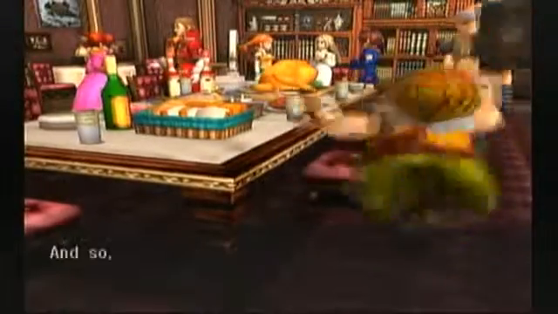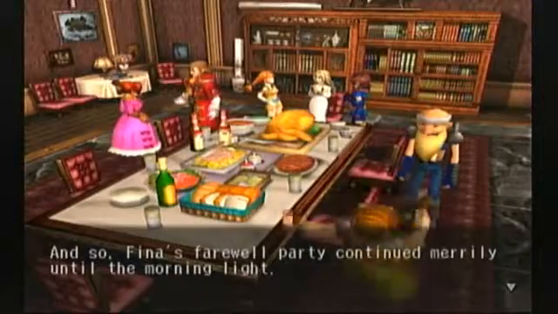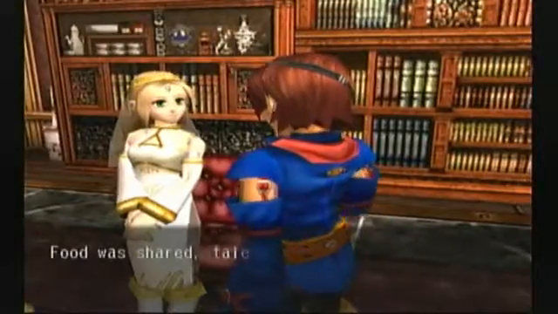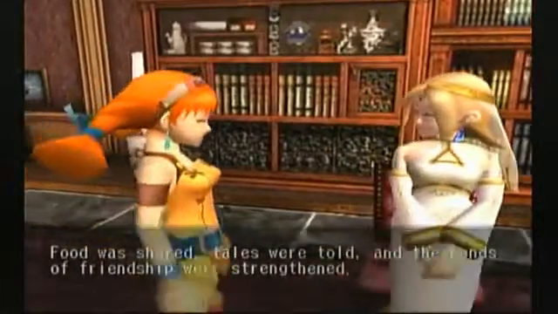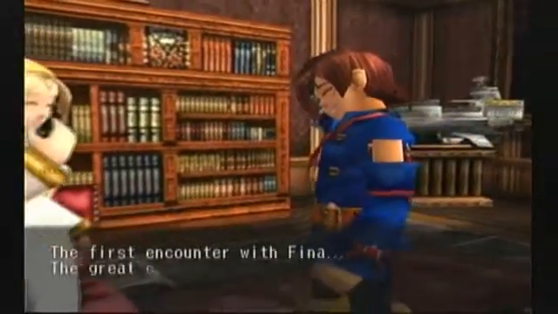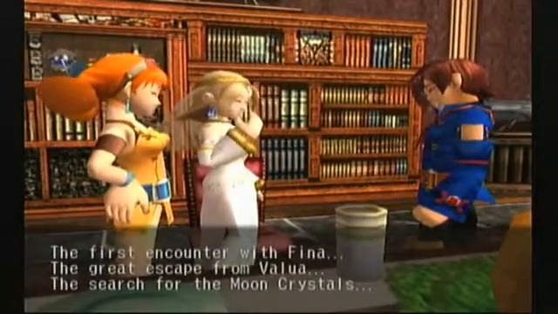Look at Ismail. And so, Fina's farewell party continued merrily until the morning light. Food was shared, tales were told, and the bonds of friendship were strengthened. The first encounter with Fina, the great escape from Valua, the search for the moon crystals. As the memories resurfaced, it seemed as if there would be no end to the days they would spend traveling together. And then,